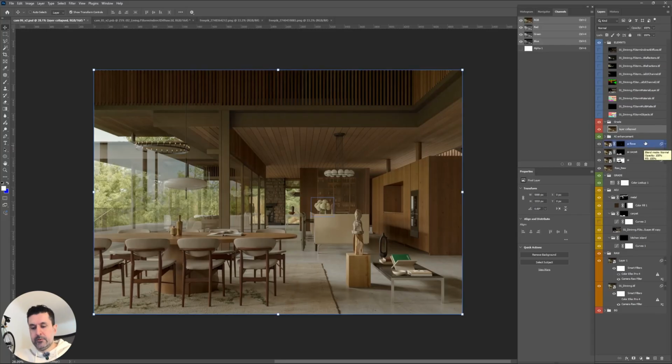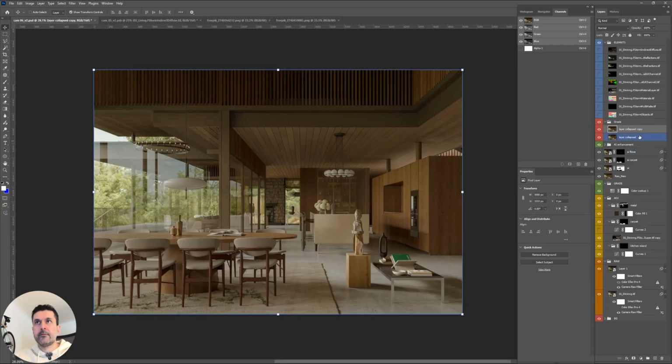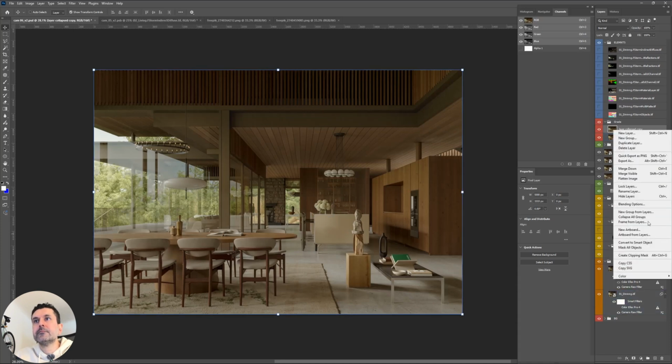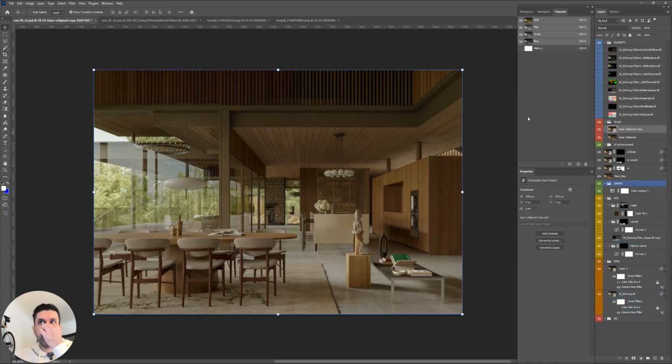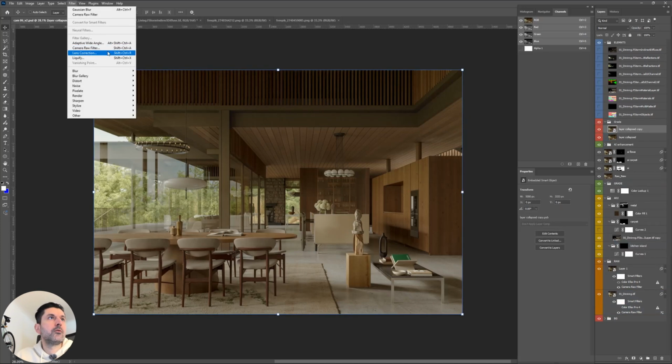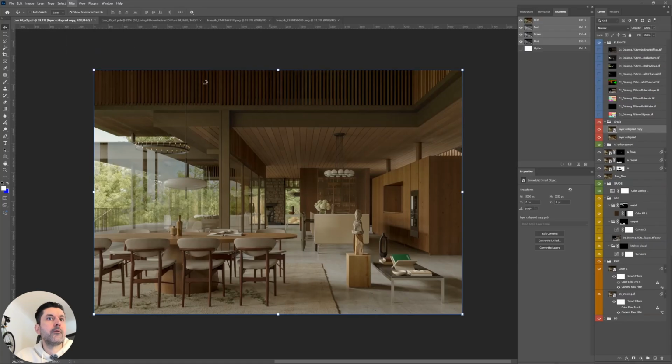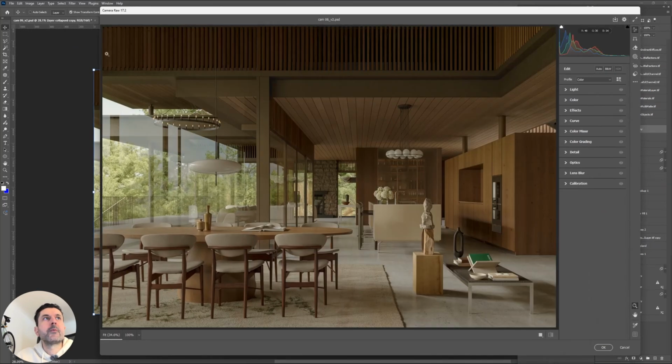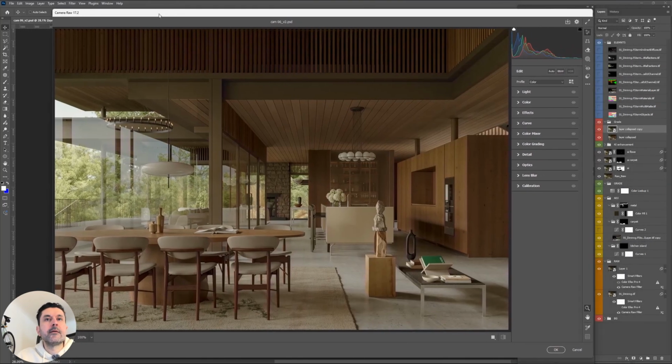So just so we know. And Control J again, convert to a smart object. So we're gonna go to camera raw filter, and